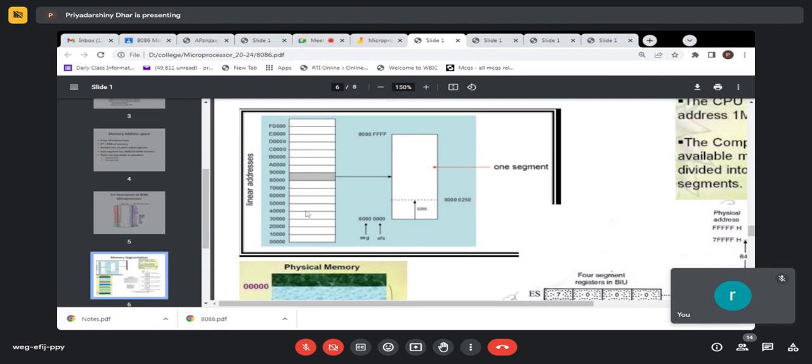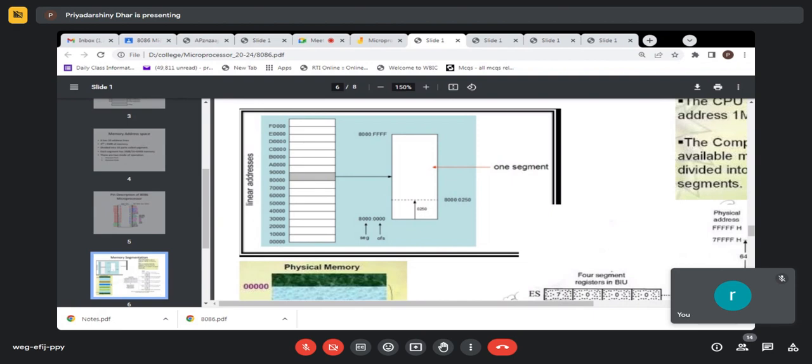Now this outside address is called the physical address. And the upper 16 bits of this physical address, which one is that? The physical address is 80,000. Its upper 16 bits means